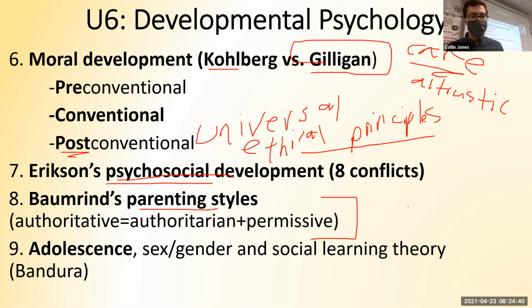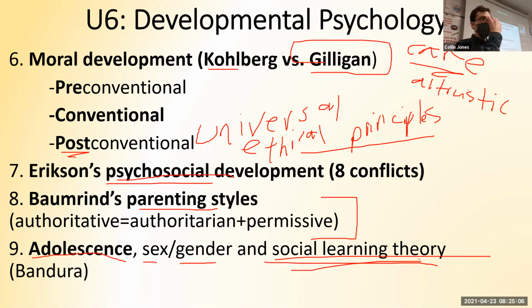The last thing here, standard 9, was about being a teenager and the idea that like y'all feel like people are watching you, imaginary audience. You feel like no one understands what you're going through. He called this the personal fable. We talked about the formation of sexuality and how that's based on your biology for the most part. We talked about things that impact gender as you develop. We talked about Bandura's social learning theory. We learn from society what terms like masculine and feminine mean, and that shapes our stereotypes and our norms.